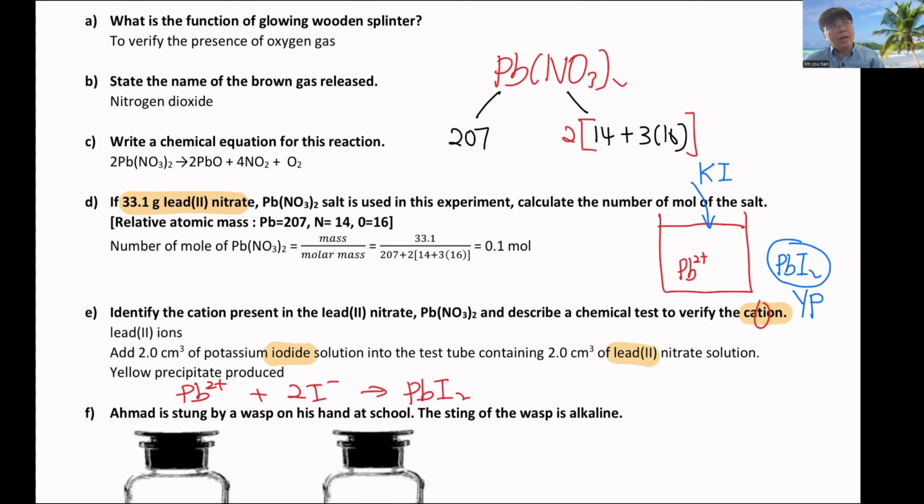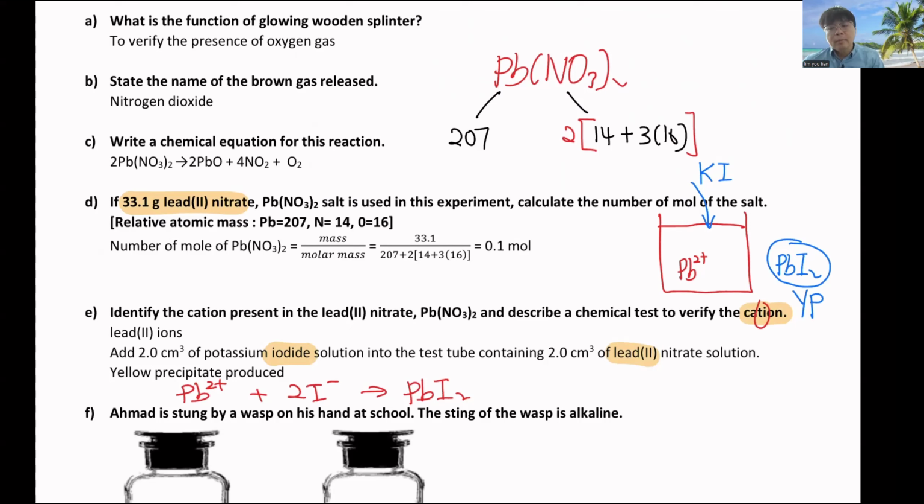Then how to test Pb? Very simple. Add a bit, 2.0 cm3 of KI into the test tube. Add sodium hydroxide instead? No, cannot, not accepted. Because Pb and hydroxide come out as an insoluble salt, but this insoluble salt is white. White can be other things, because magnesium also comes out as a white salt, and then calcium and aluminium all come out white. So you can't confirm that it is Pb. So the only way to confirm it is Pb is to put KI, because only Pb will react with iodide to form